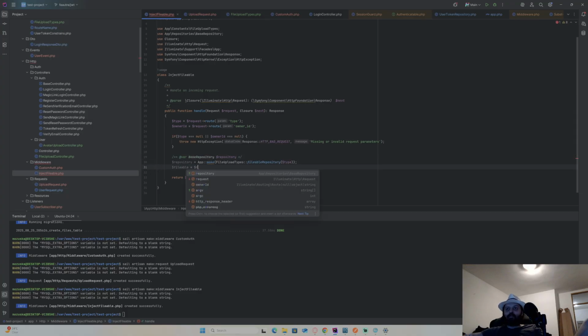And now it's going to be my repository to find by first, first of all 04, and it's going to be ID to owner ID.